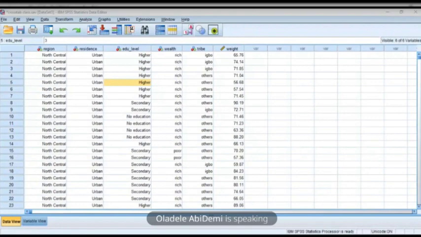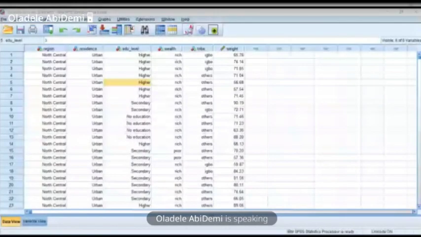We can see that we have been able to describe, to say something about the wealth index of people that are in urban and those that are in rural areas. We have more rich people that reside in urban areas than the poor that reside in urban areas. And of course, we have more poor people that reside in rural areas than the poor people that reside in urban area. Now, taking this a little bit further,